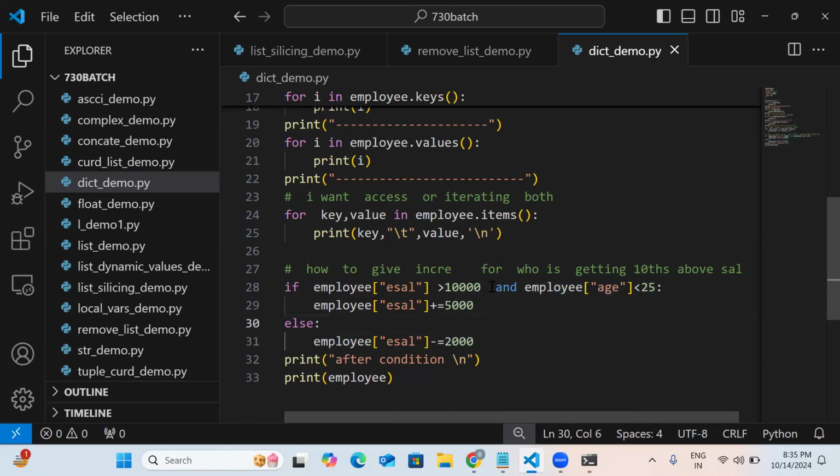Because here, what is the logical and? What is the logical and here? All conditions should be satisfied here. All conditions should be satisfied, then only he's going to get increment here. Suppose age also